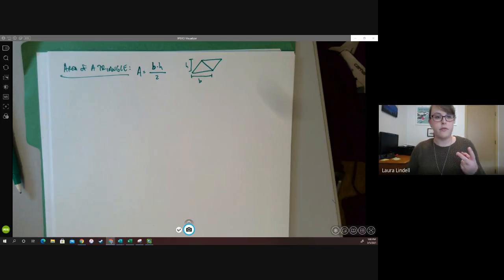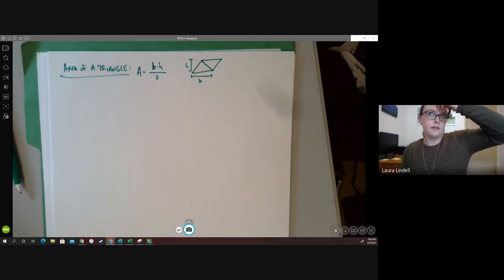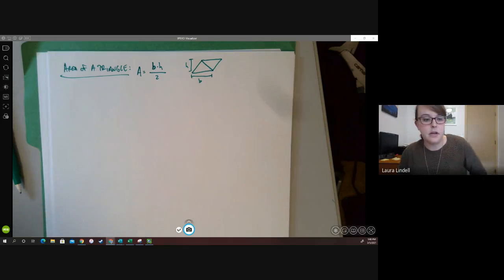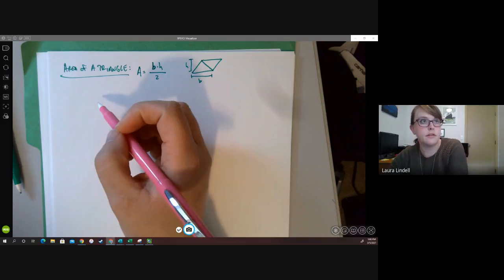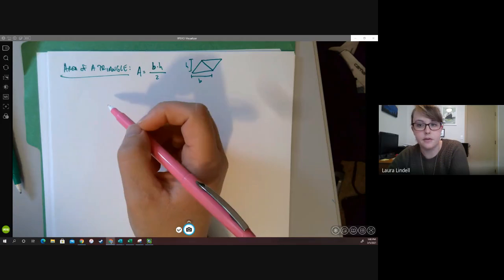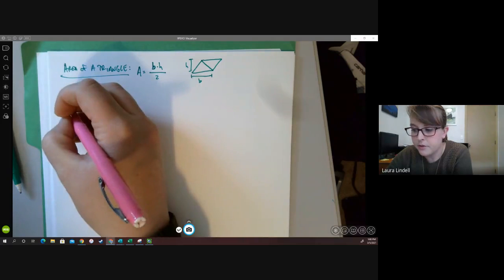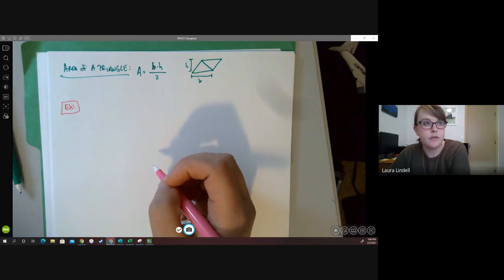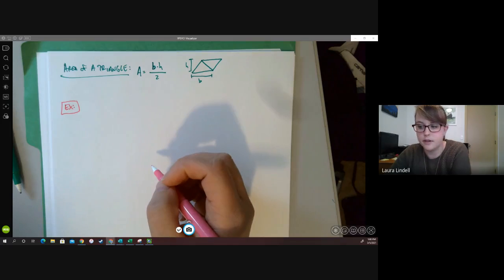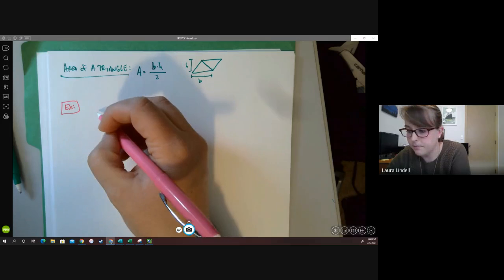So we need two things in order to find the area. We need the base and we need the height. So this is still something that, depending on who you had for geometry and when you took geometry, you might have already done, as far as solving for the height using sine, cosine, tangent kind of stuff. So there's kind of two scenarios that you guys might see in terms of finding area of a triangle using sine, cosine, tangent. The first case,